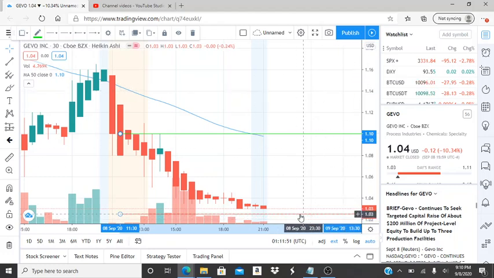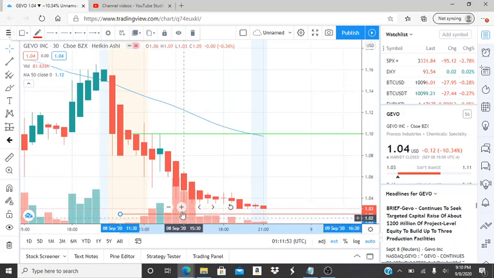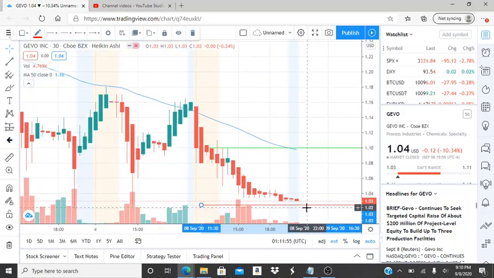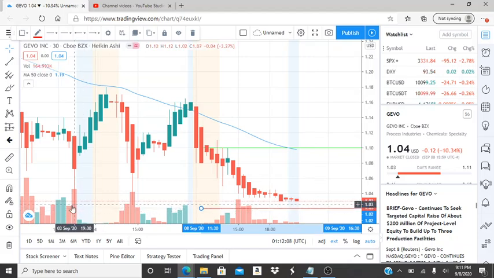On the other spectrum of things, the Bears. The Bears are going to want to actually break through 103. So as we can see here, it's probably the lower end of 10. Oh, actually, it's below this point. Excuse me. This is the lowest point that we've seen in the last couple of days. It's 102. So for the Bears to continue to break through new support levels and newer lows, they're going to want to break through 102.